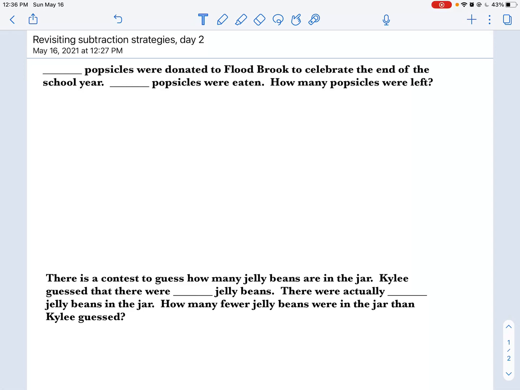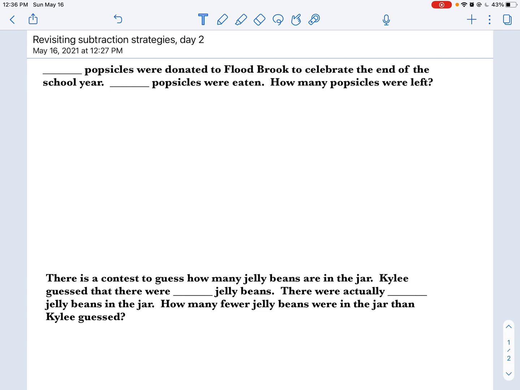Hello everybody. Today we're going to continue to revisit our subtraction strategies, but day 2, and we're basically going to be taking a look at some different types of word problems that would involve subtraction. So let's get started. The first example I have here is a pretty straightforward type of subtraction problem that most people think of, where you have something like